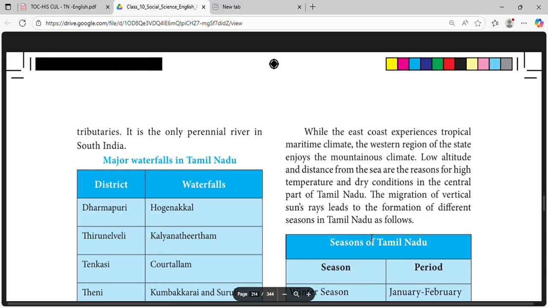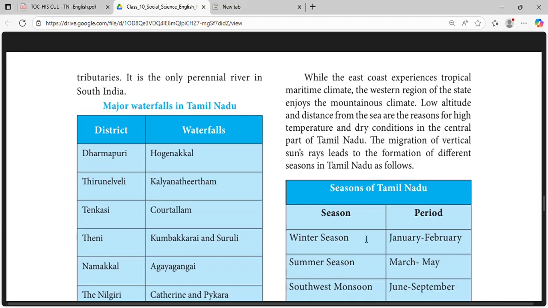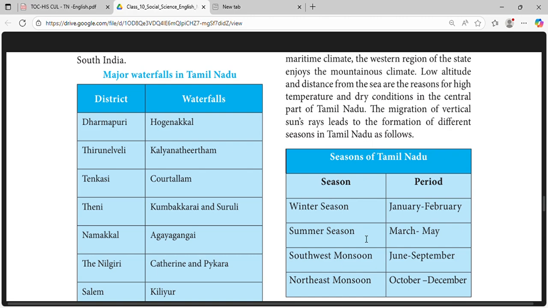District Dharmapuri, waterfalls Hogenakkal. District Tirunelveli, waterfalls Kalyana Theertham. District Tenkasi, waterfalls Courtallam. District Theni, waterfalls Kumbakarai and Suruli. District Namakkal, waterfalls Agayagangai. Nilgiri District, waterfalls Catherine and Pykara.